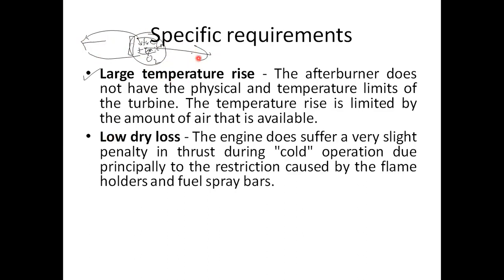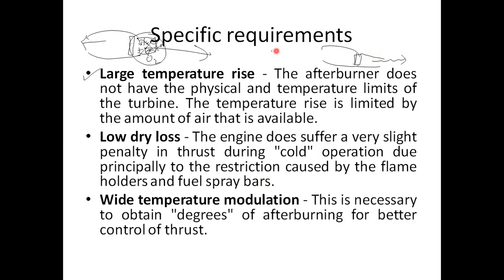Secondly, what is cold operation? It is when this system is not turned on. When it is not turned on, let us say this is the turbine, the section behind will just act like a chamber through which the exhaust gases go outward. They do not participate, there is no loss of air over here, so they won't affect the thrust. And you can operate this in a wide temperature range, as in you can operate the afterburner when the temperature is low, or even when the temperature is very, very high.